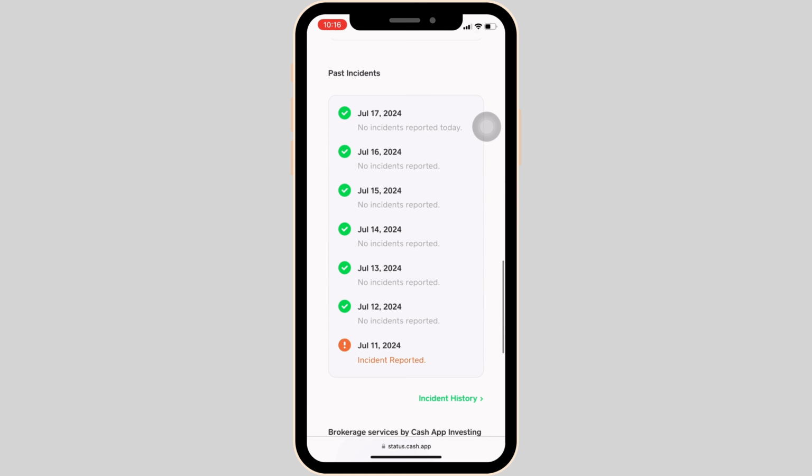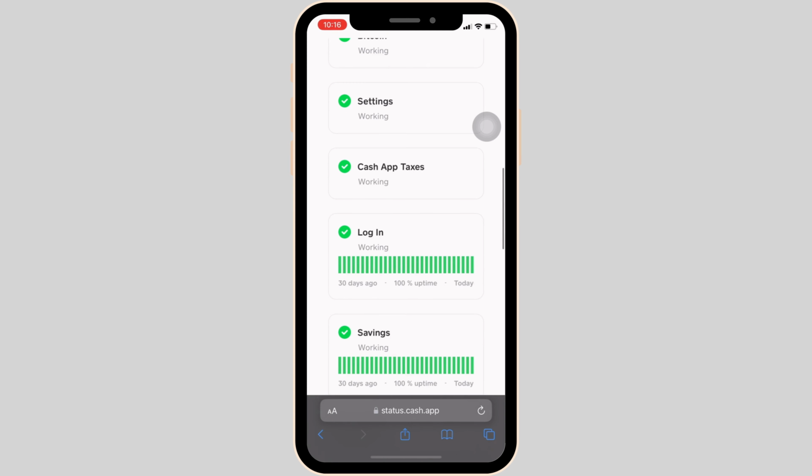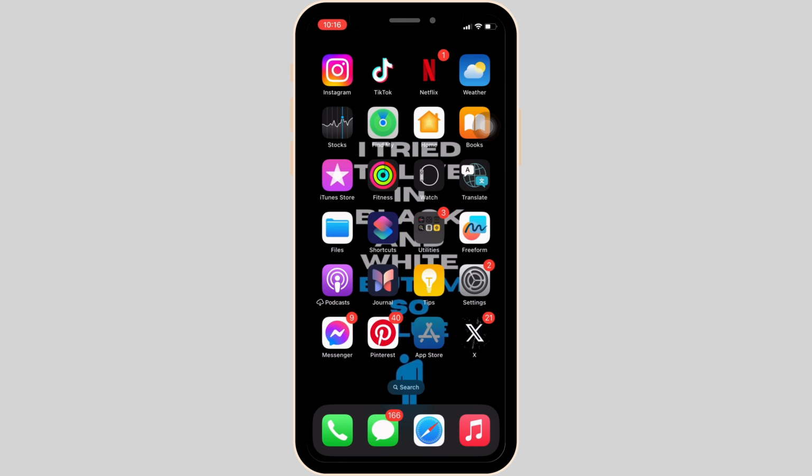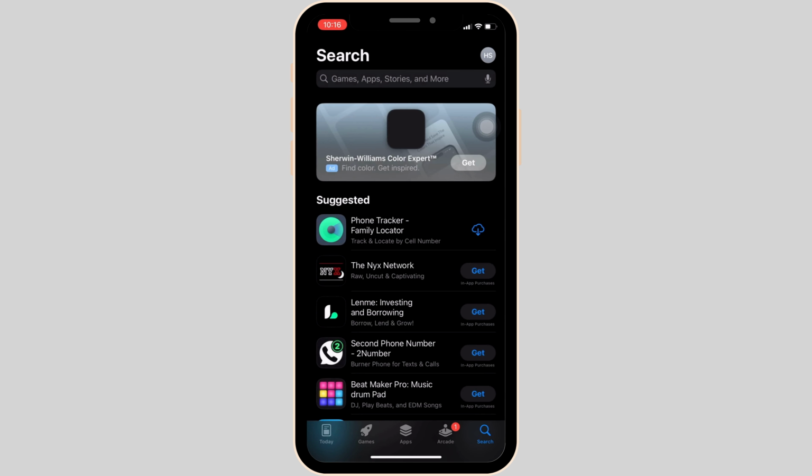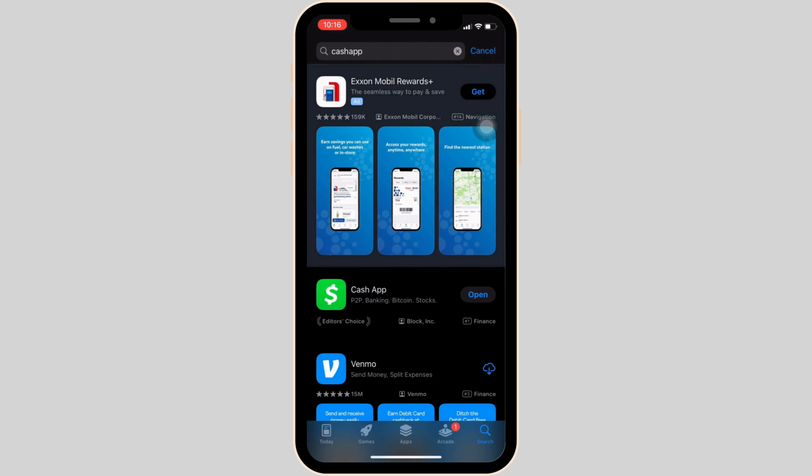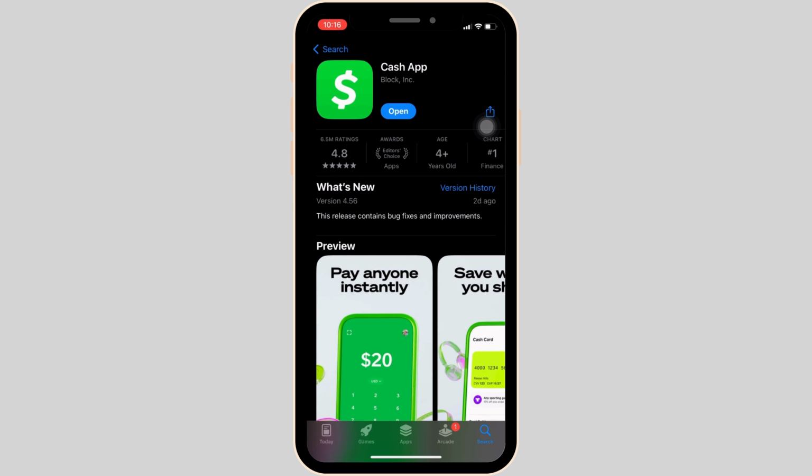Now the next reason might be that you are not using the latest version of the app. In order to check it out, you need to head over to your App Store. Here in the search bar, search for Cash App. Move into this app. Right here, instead of open, if it shows the option of update, then your application is not up to date. In that case, all you want to do is tap on update and update your app